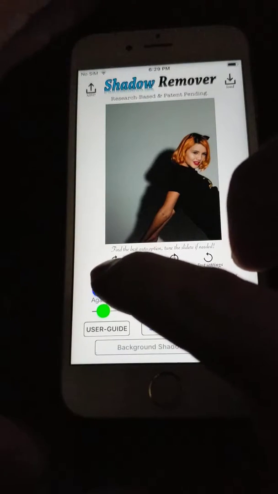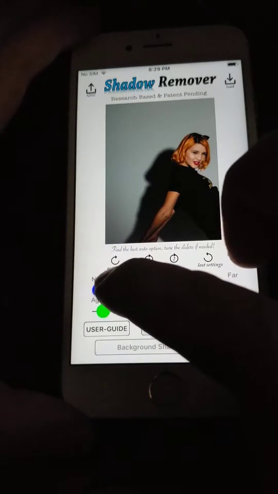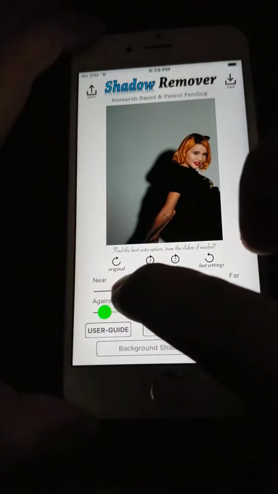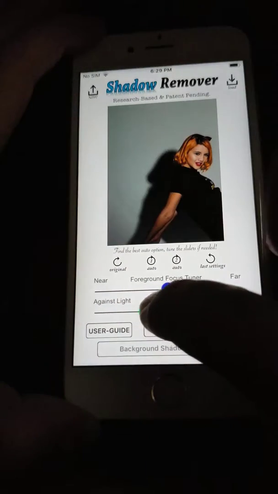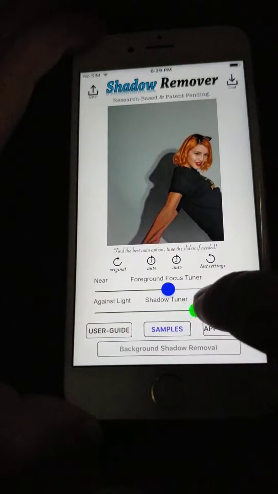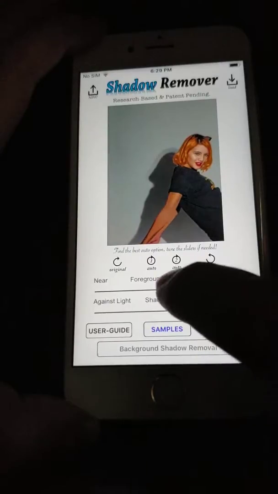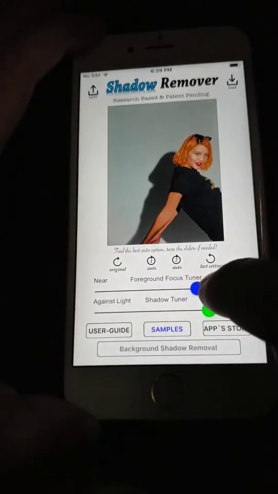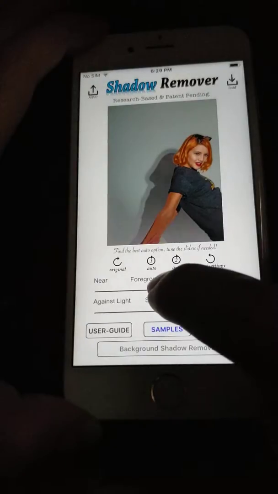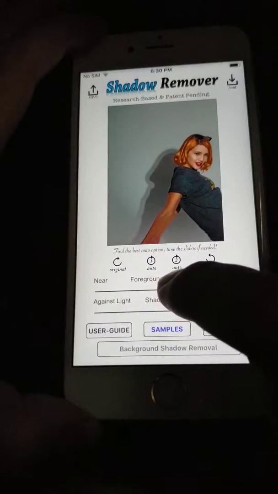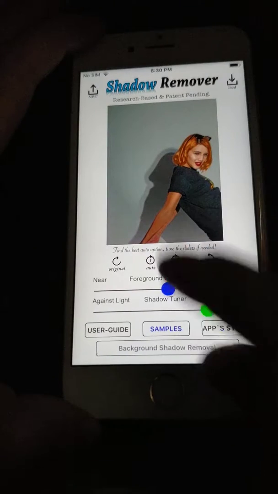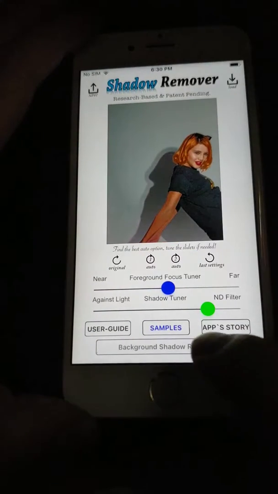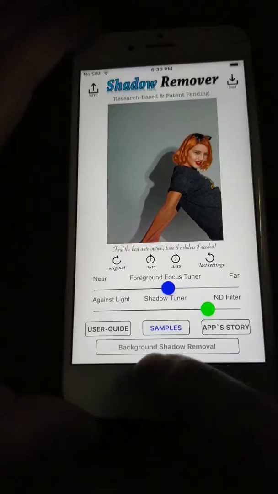For removing the shadows from the foreground, I use these two sliders. Okay, now we have the least amount of shadows on the foreground. For removing the rest of the shadows that are on the background, we activate the second panel by pushing this